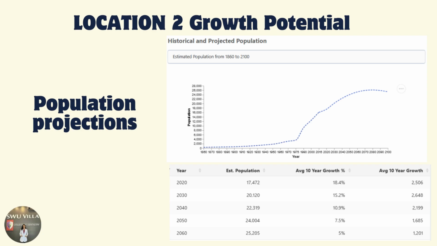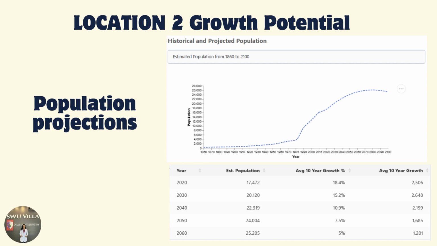In 2020, the estimated population was 17,472 with an average 10-year growth percent of 18.4%, which is equivalent to 2,506. While in 2030, the estimated population was 20,120 with an average 10-year growth percent of 15.2%, which is equivalent to 2,648. Moreover, in 2040, the estimated population was